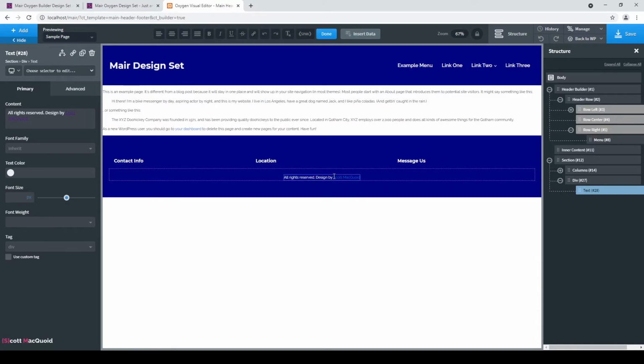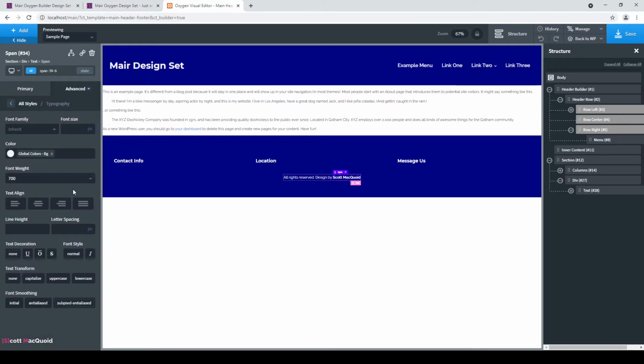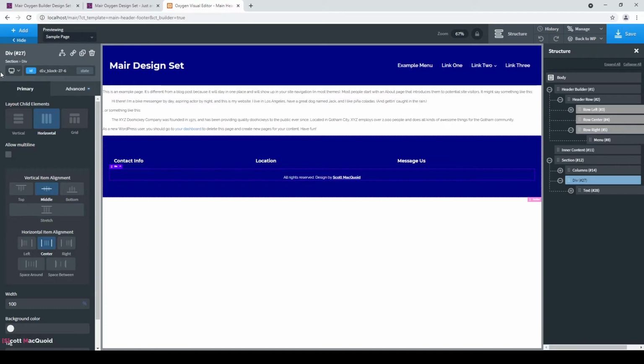Let's create a span here and change the color to white and make it bold, and also make it underlined. That way it will look like a link. Yep, looks a lot better now. Okay, great. So, okay, now we want to add links to the privacy policy and